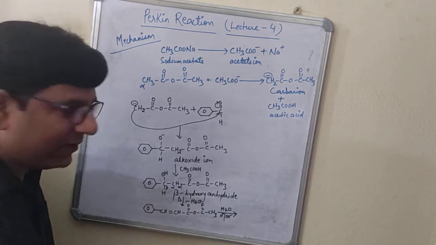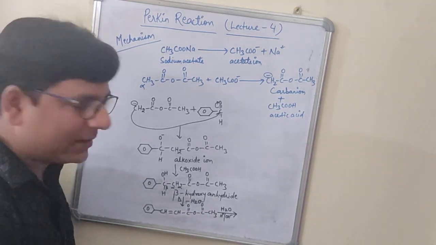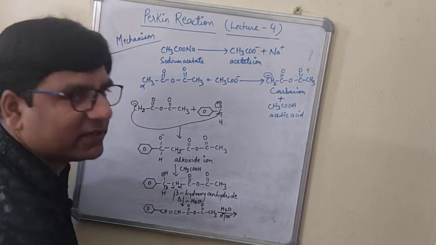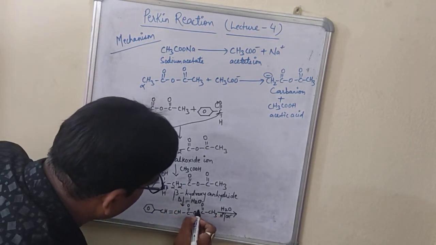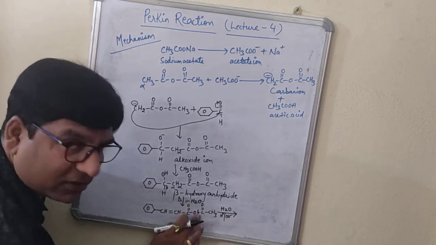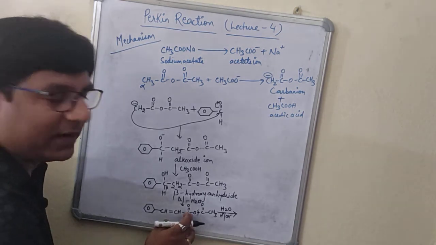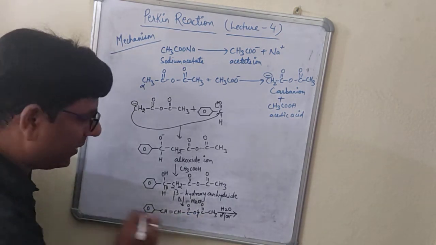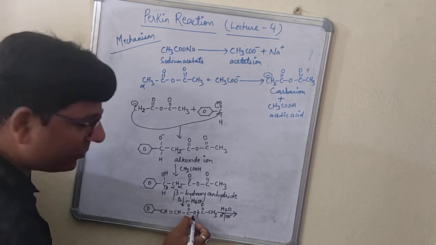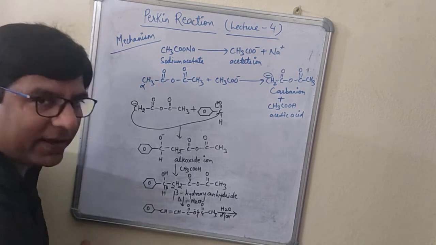Where will we add? For adding H plus, we need to have a negative side, right? And for adding OH minus, we need to have the positive side, right? So you have to break this bond. You can break this bond also, or else you can break this bond also. The choice is yours, right? If you are breaking this bond, for example, if I am breaking this bond, what will happen? Oxygen is more electronegative, it will acquire a negative charge.